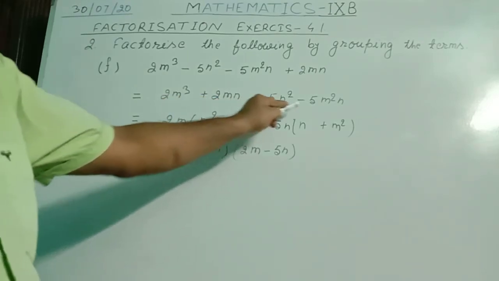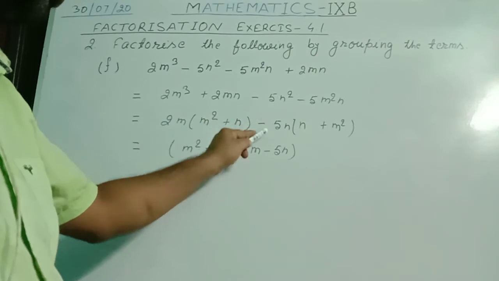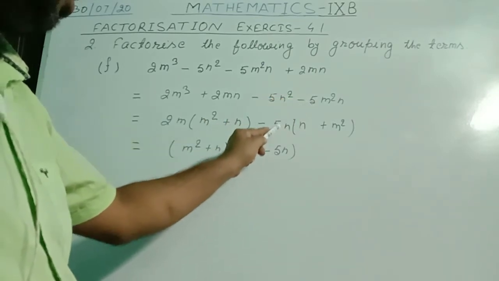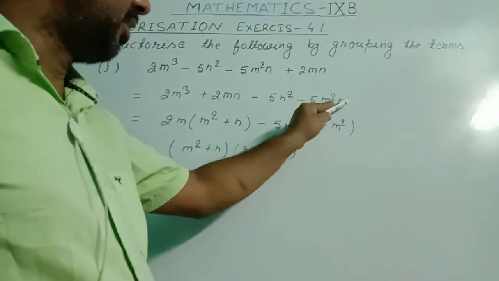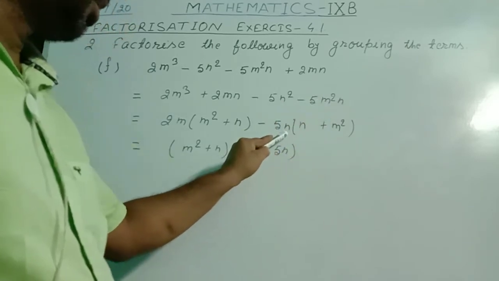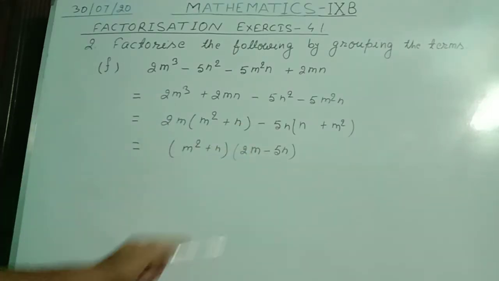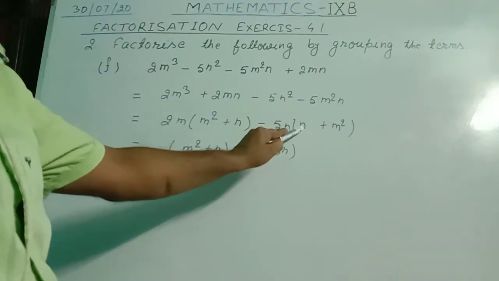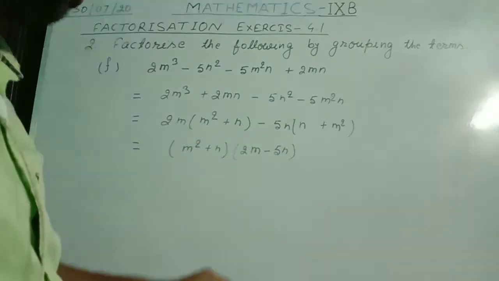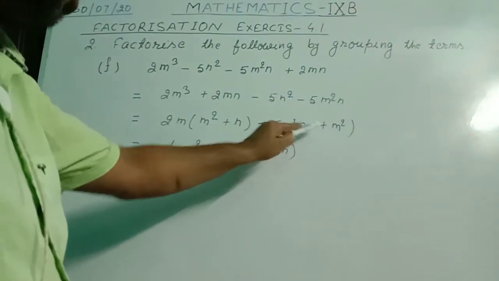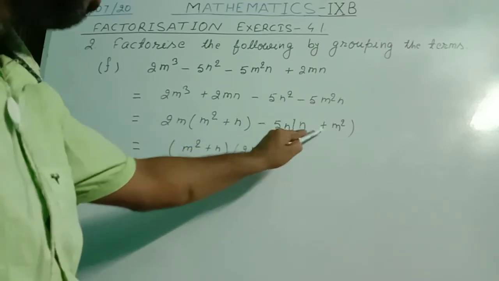I wrote here. From these two terms, minus common, both the terms have minus sign, minus common, and 5 common. Least power of variable, that is n is common, and the least power of n is 1. So this n to the power 1 means n. I took common. So in this, what is left? 5n is taken already out, only 1n is left. If you multiply this, minus plus minus, 5n into n equal to 5n square. And here plus will come, because minus plus minus.